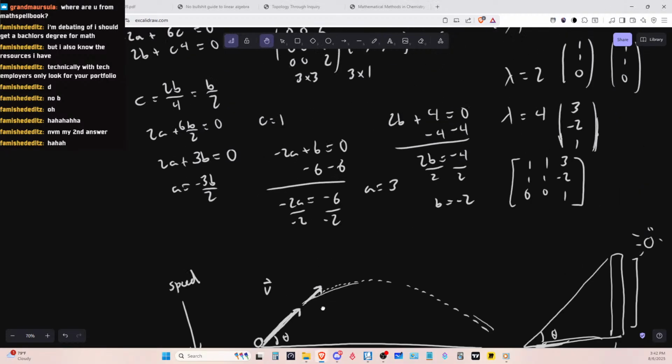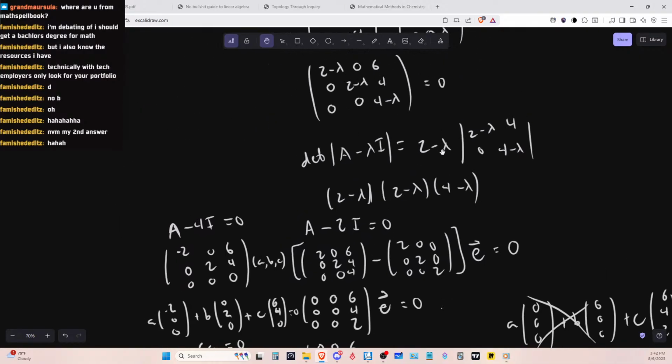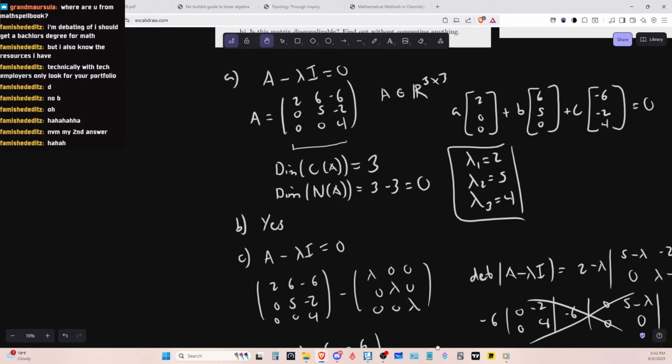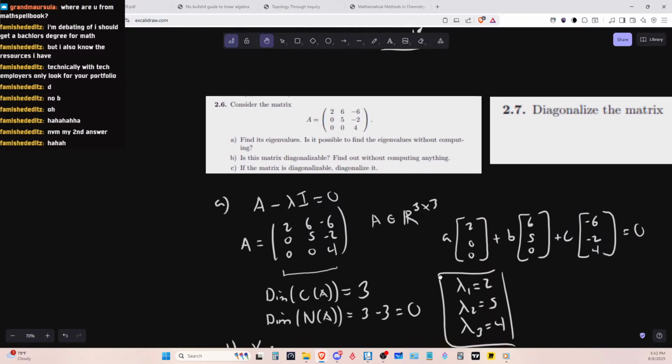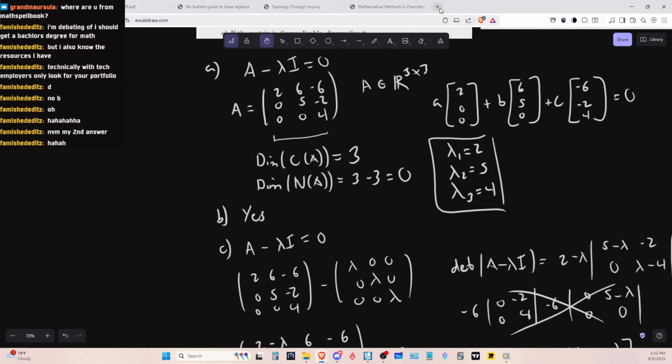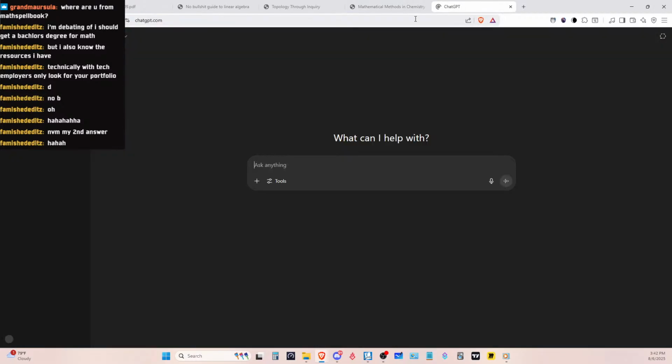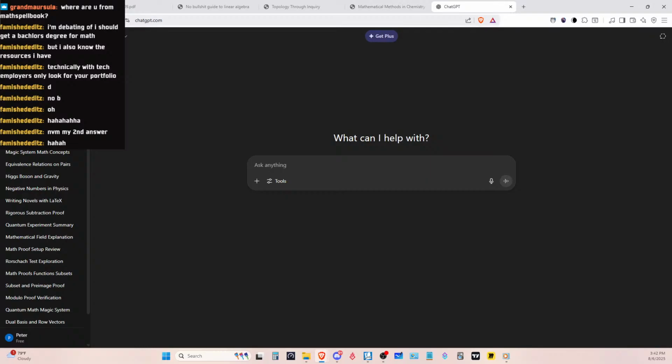Yeah, so I think we're still pretty lost when it comes to diagonalization. Maybe ChatGPT can help me with my misunderstandings of the material. So okay,